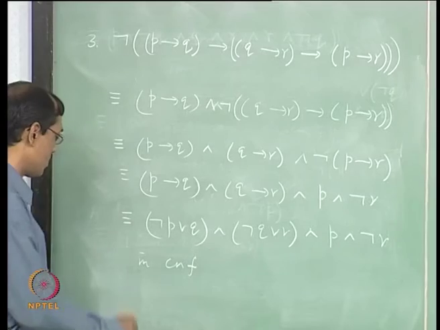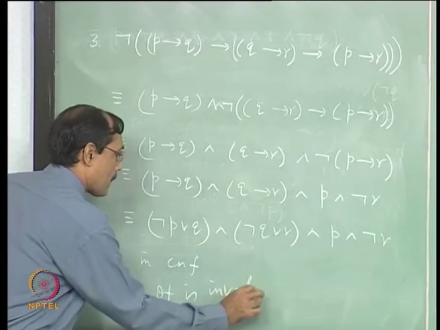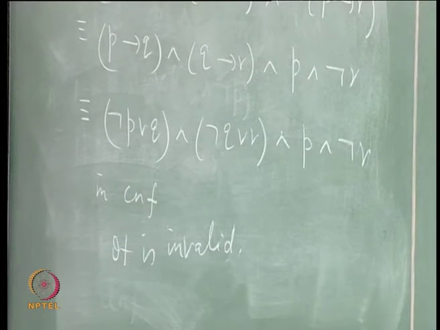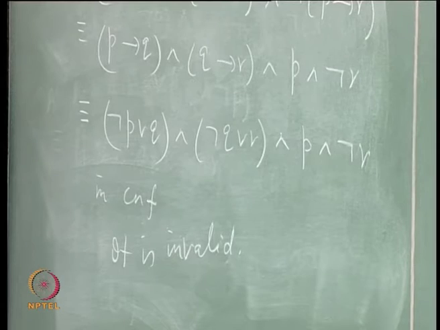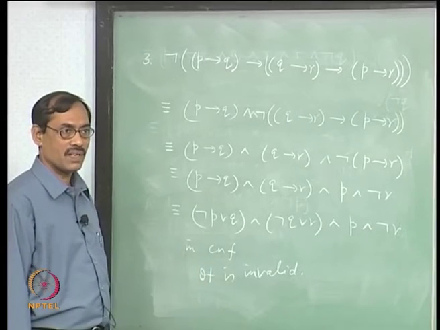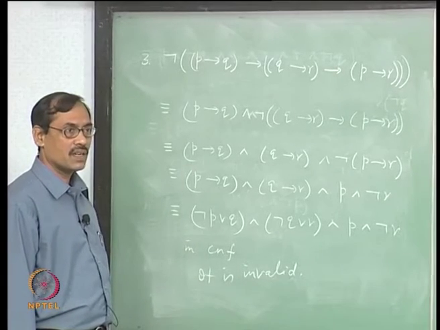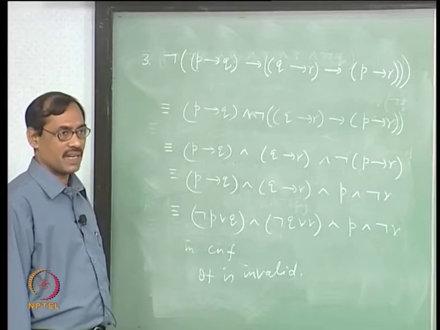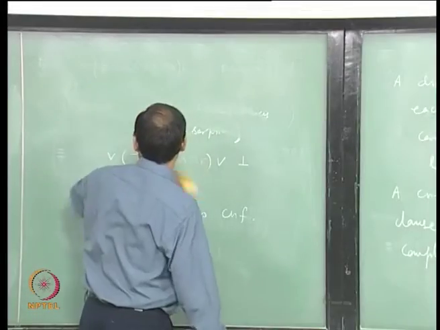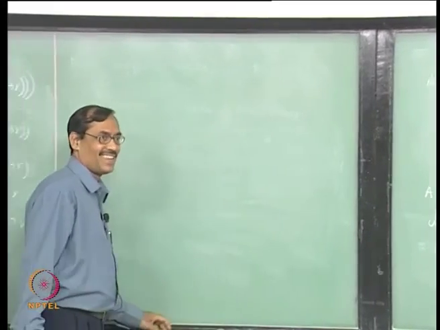Now, immediately we conclude it is invalid. But invalid means it can be satisfiable, it can be unsatisfiable, right. It looks to be unsatisfiable. So to apply that observation, what we need is to convert it to a DNF, then only you can do it. So let us convert and see. You can go back and do some tricks, but from here itself we can do. So let us see.